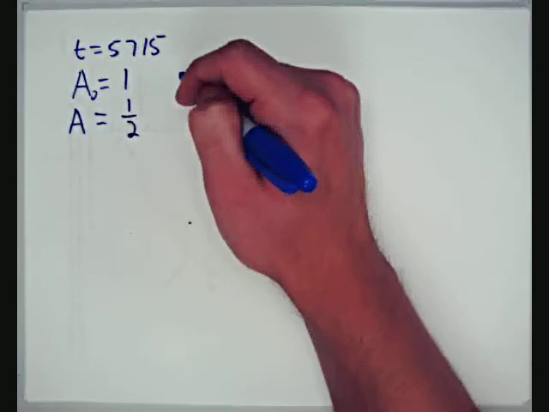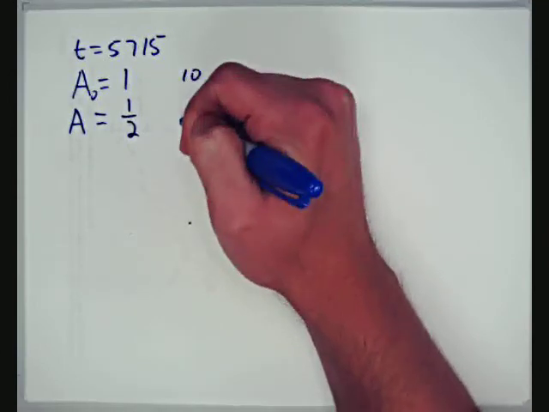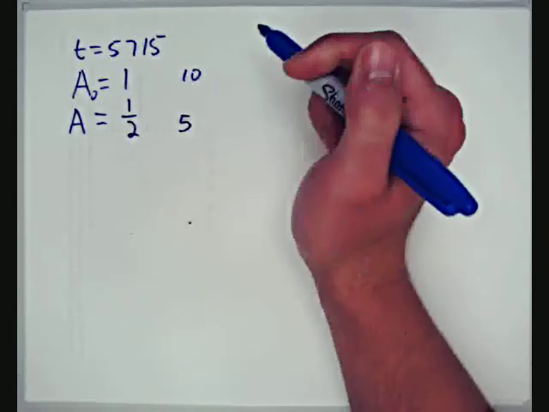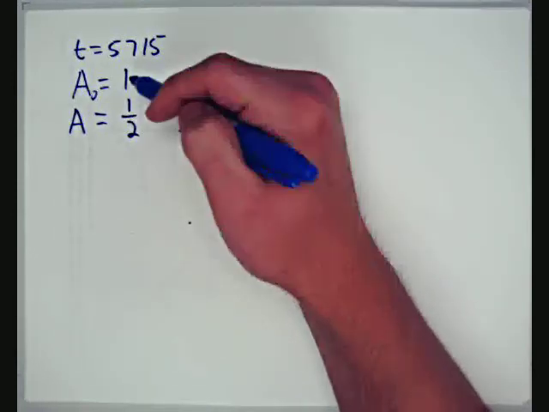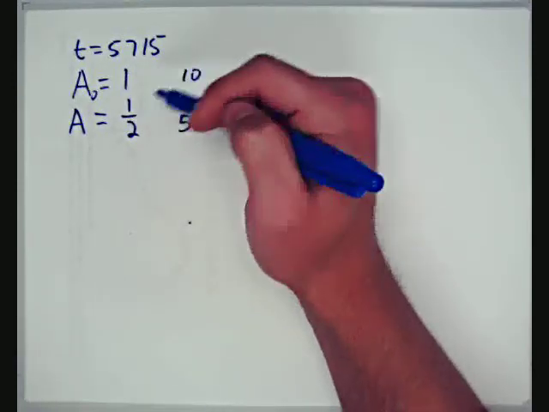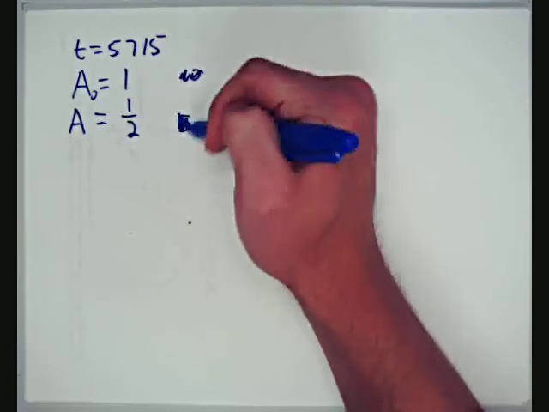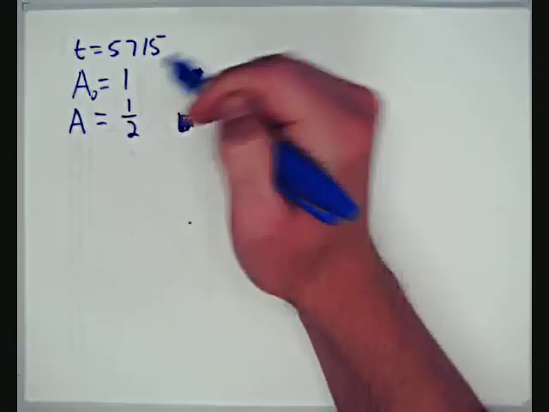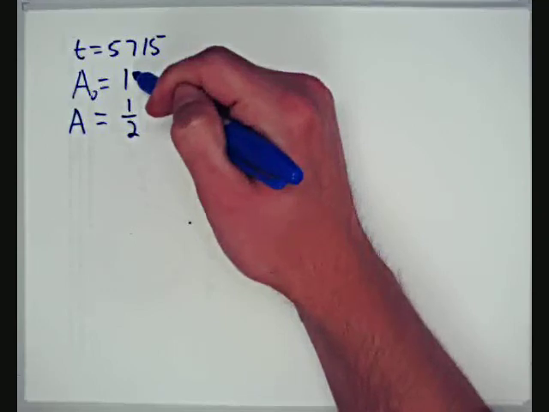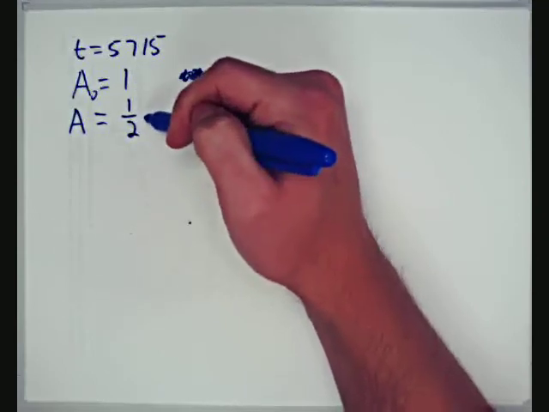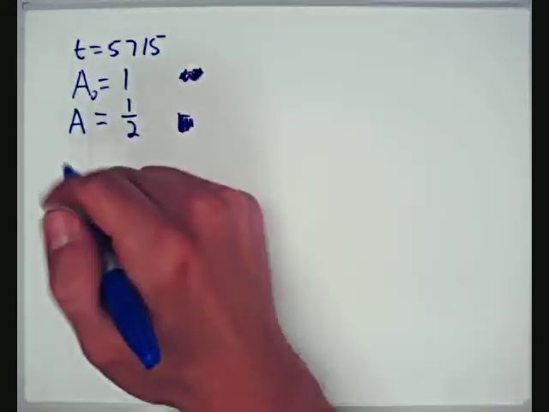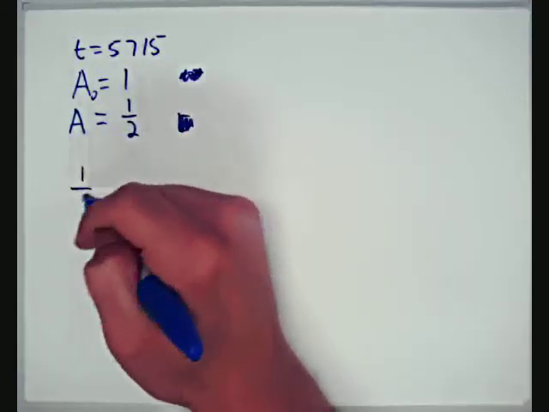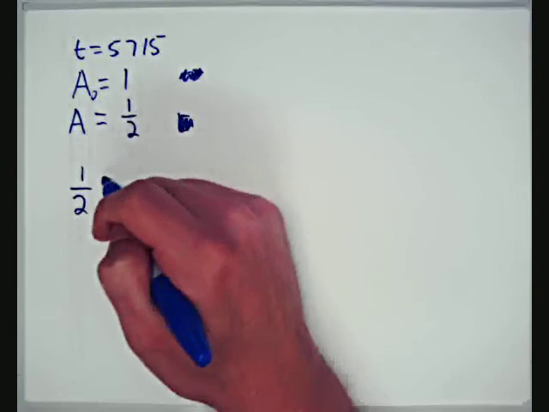If I were to pick 10 for my starting amount, my future amount would be 5. So the starting amount is irrelevant. The most convenient choice is the first one that I wrote down, 1 and 1/2. So if you're doing a half-life problem, use 1 for your starting amount and 1/2 for your future amount. The reason why this is most convenient is when we now solve for k, we'll have a future amount of 1/2